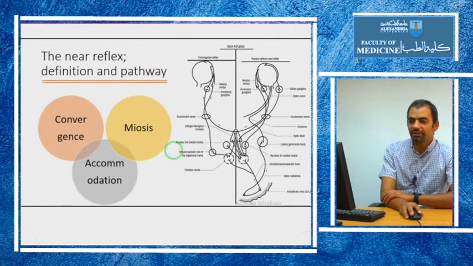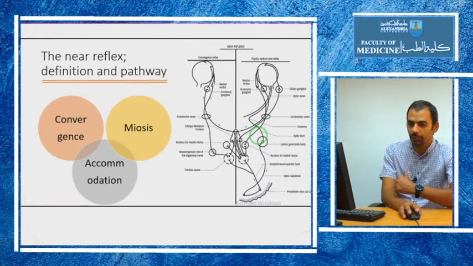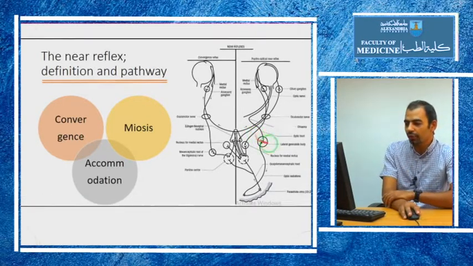Another important reflex to know about is the near reflex. When the person focuses on near objects, this will stimulate the retina, the optic nerve, the optic chiasm, and then the visual fibers. Those are not the light reflex fibers. They will go to the lateral geniculate body rather than going to the pretectal nucleus like in the light reflex. And from there they will go to the occipital cortex, and then the efferent fibers will come back to the pontine centers in the brainstem on both sides, and from there they will go to the Edinger-Westphal nucleus,